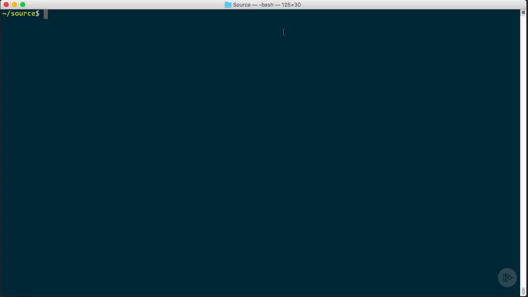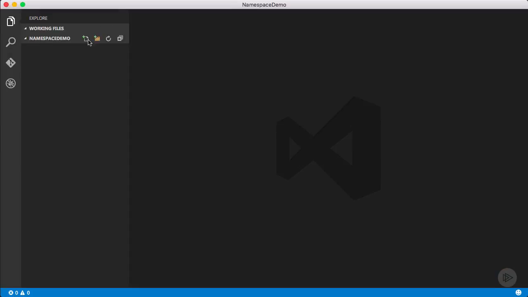I'm going to start here in the terminal by creating a directory for the new application. I'm going to call it Namespace Demo. I'll go into the new directory and start Visual Studio Code from there. I want to create a new file that will contain several utility functions that can be used throughout the app. I'll name it